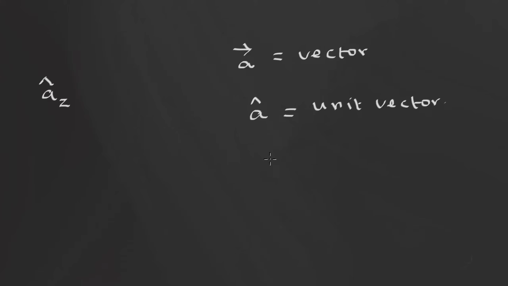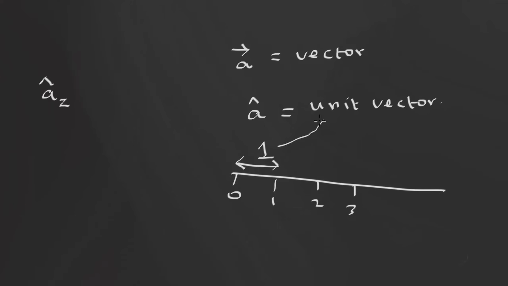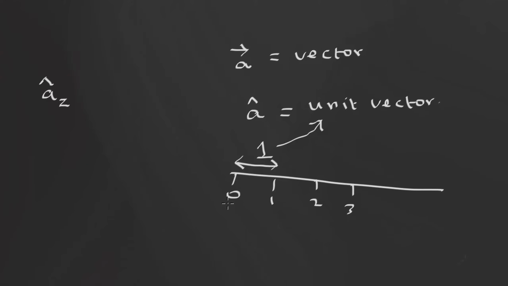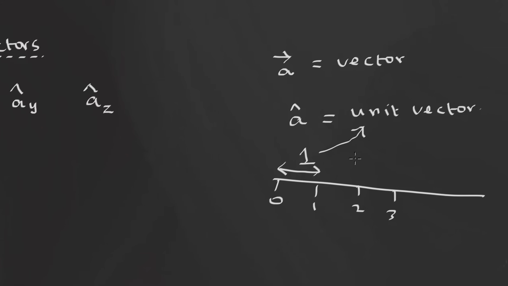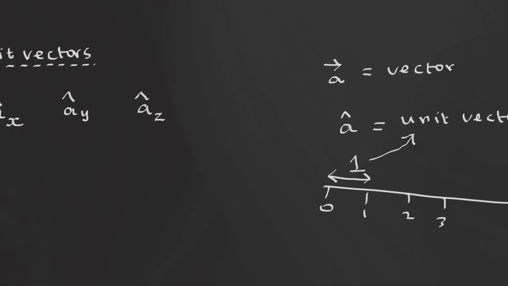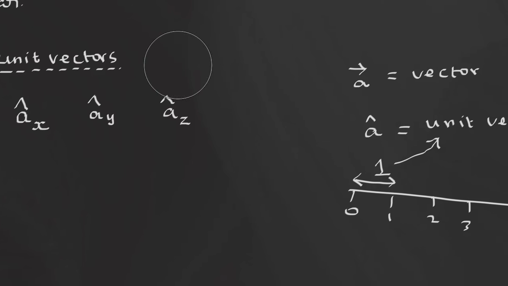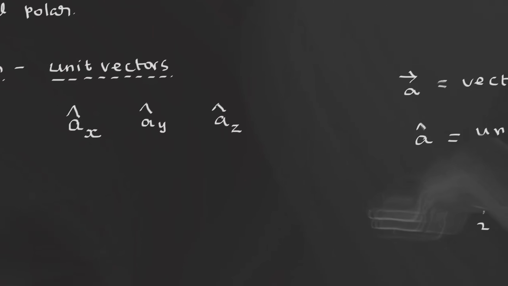What I mean by that is, if you draw an axis like this and say that this is 0, 1, 2, etc., this distance will represent automatically 1, and that is the meaning of this unit vector. So whether millimeter or centimeter, that doesn't enter into the picture in this discussion. The number 1 is very important on the scale that you are going to use, and a vector will be in that particular direction having the length equal to 1. So coming to the point, our discussion is on the symbol for the unit vector. So this portion I will erase.